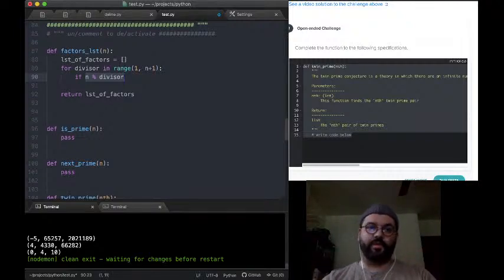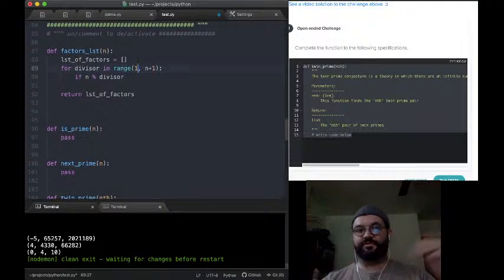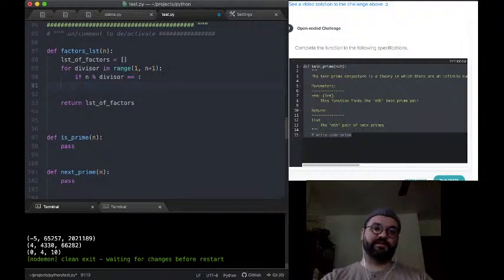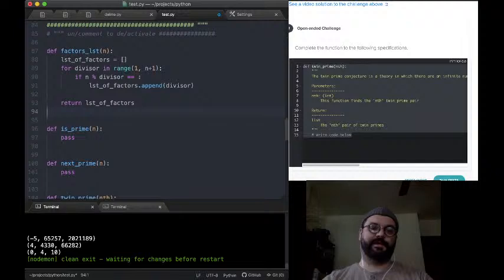The reason we want to start at 1 is because we can't divide by 0. We can't have a 0 in the lower term of a division. So if n mod divisor equals 0, we know divisor is a factor of n. So we'll say list of factors dot append divisor. So, yeah, and then we'll say